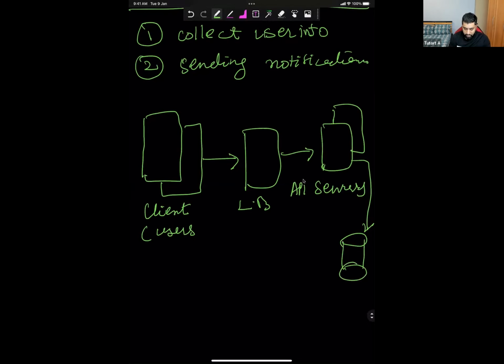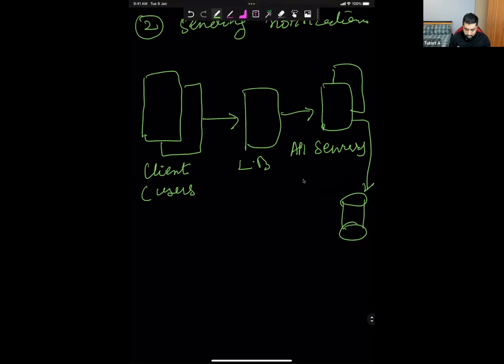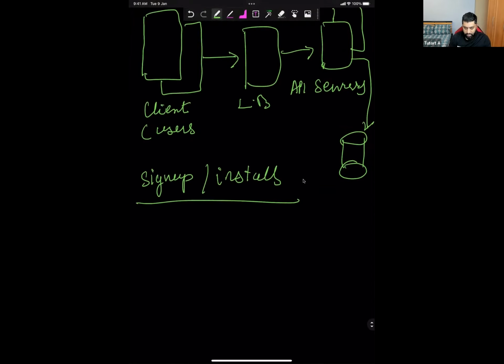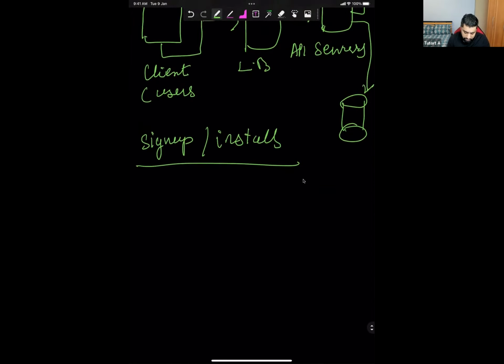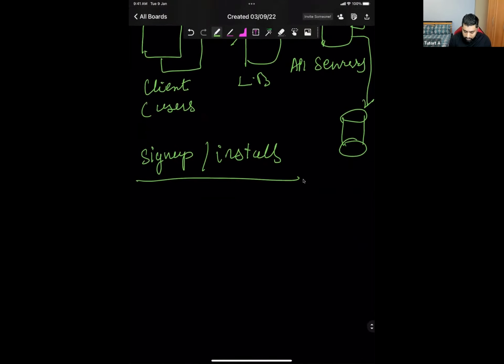And what happens is whenever somebody installs an app or signs up, or logs in on a new device and things like that, you capture the details and basically call this API to get more details. So we can talk about the API at this point. If you want to detail it out, it would look something like